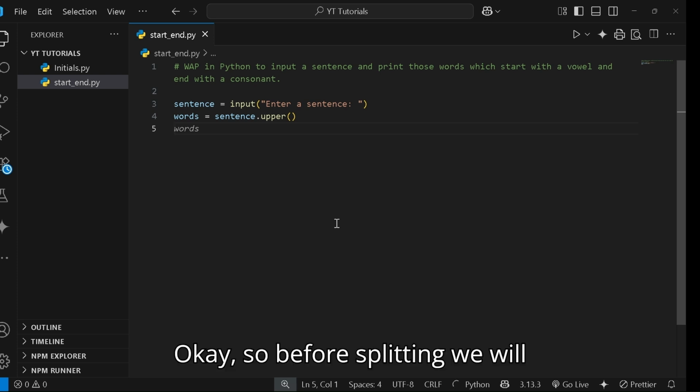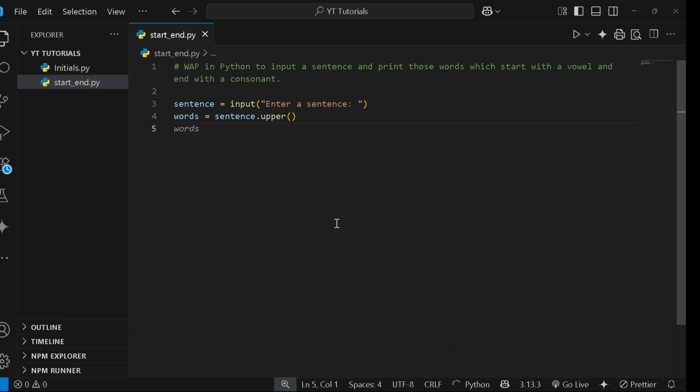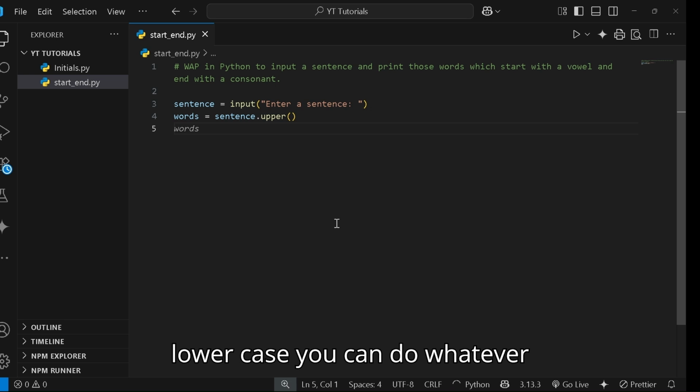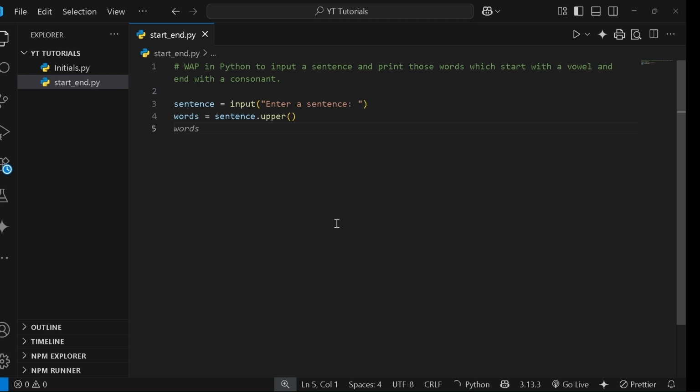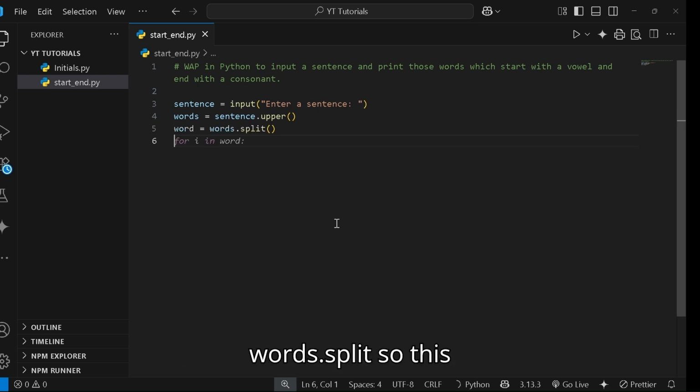So before splitting, we will convert that sentence into uppercase or lowercase. You can do whatever you like. What I am doing here is upper, so the sentence will get converted into uppercase. Then I will write here words equals words dot split. So this will split every word from the sentence. Then I will iterate it through a loop,